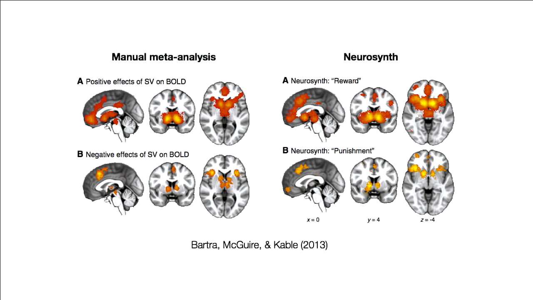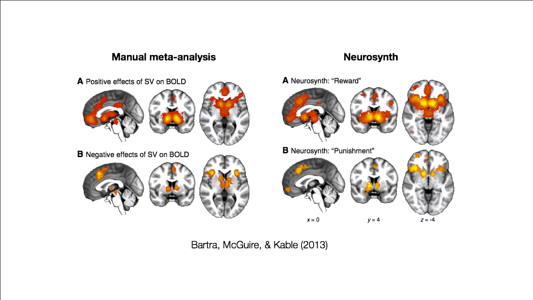So for things like reward, you can see here's a published paper. I had nothing to do with this paper. There are a few others like it that show that if you just take the Neurosynth analysis for reward and compare that to positive reinforcement, you get a very similar pattern, and the same thing for negative reinforcement. This is based on, I want to say, a few dozen studies. This is maybe 500 or 600 studies. And that, I think, is why it works, because for a term like reward, there's just so much data that averaging over all of these does the same work that something like this does.